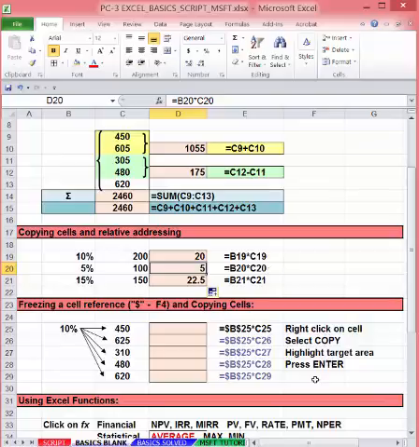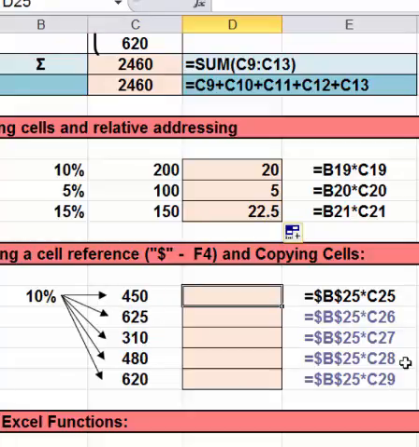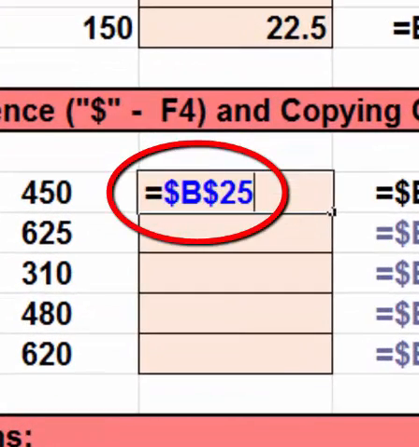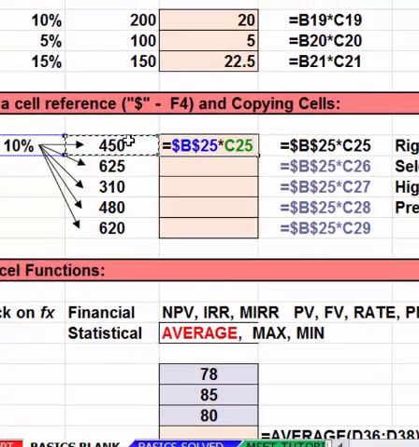In this example, I want to take 10% of each of those numbers. We could enter the formula in each cell individually, but there's a better way. In the first cell up there, D25, equal, place your cursor on the 10%, B25, and press the F4 key. See the dollar signs that come around it? That freezes the reference to both column B and row 25. Wherever you copy that reference, it's going to say B25. Press F4 again. The 25 is frozen, but not the B. Again, B and not the 25, neither, both. That's what we want, times C25.